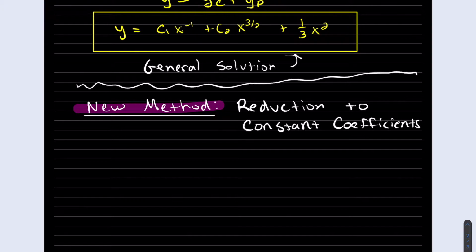Okay, we're going to learn a new method. It's called reduction to constant coefficients instead of the Cauchy-Euler. And we're going to do the same example above so that we know we get the same answer. So we're going to first,